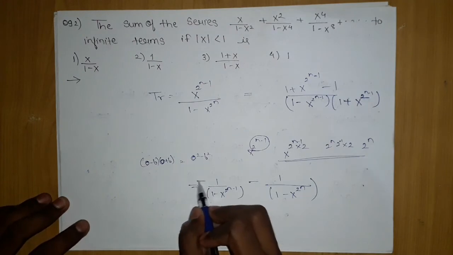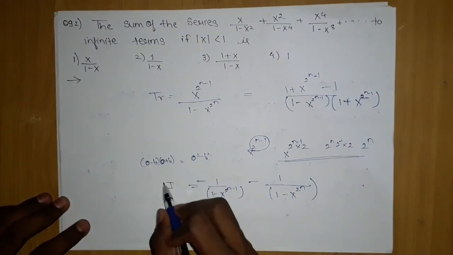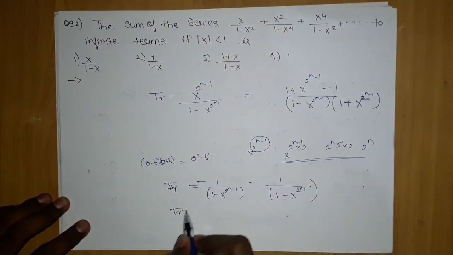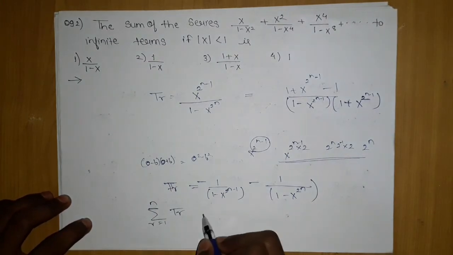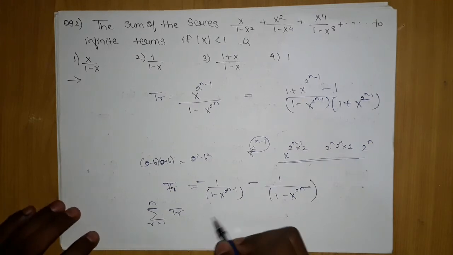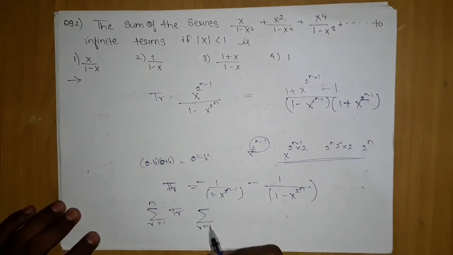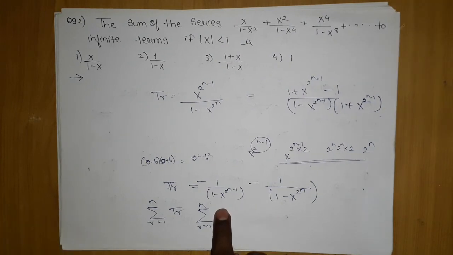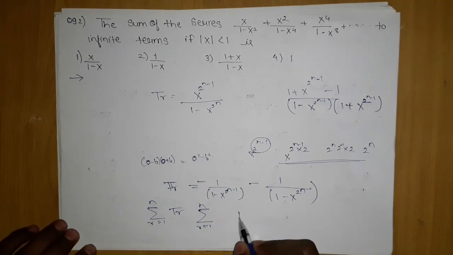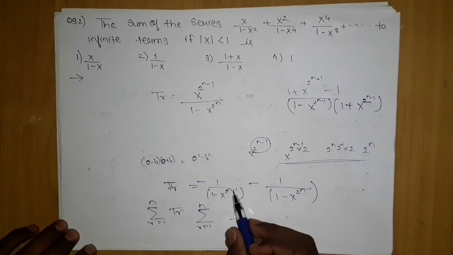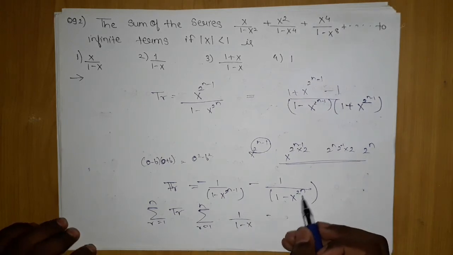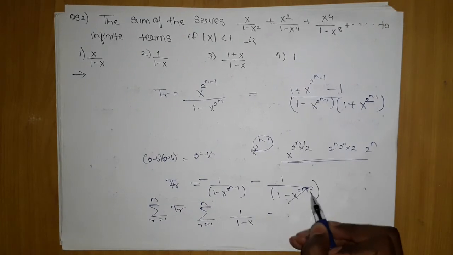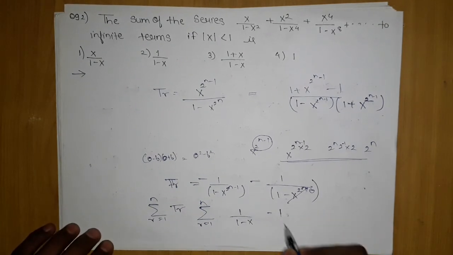Okay, and now since TR is there, we will apply it. Okay, this is our TR. Now I will apply the summation, r equals 1 to n, where n tends to infinity. They are telling the sum of infinite terms, so I will apply the summation, r equals 1 to n. Now since this one is bigger and this one is smaller, 1 will be substituted, which will give me 1 upon 2n minus 1. This will become 0, which will give me 1 minus x, and this 2 power n will tend to 0, so I will be left with 1.